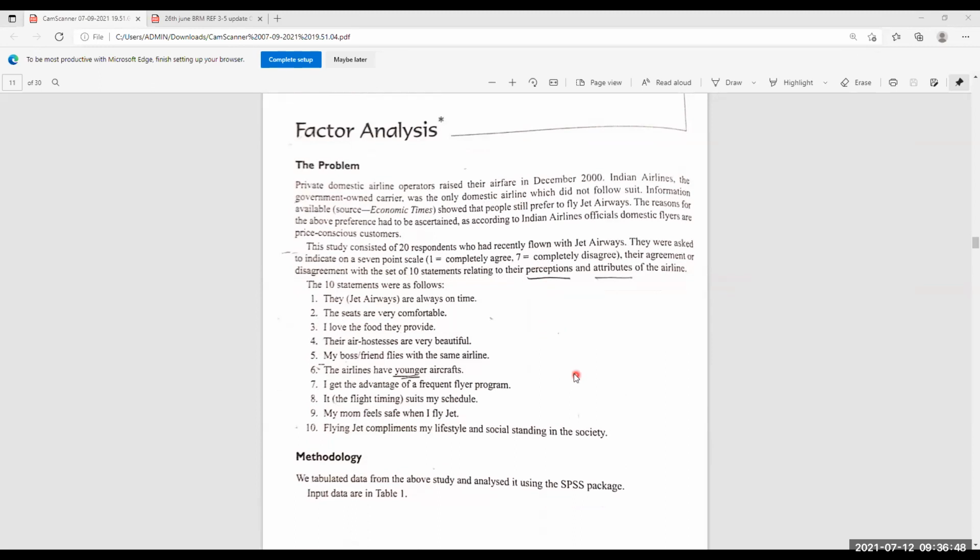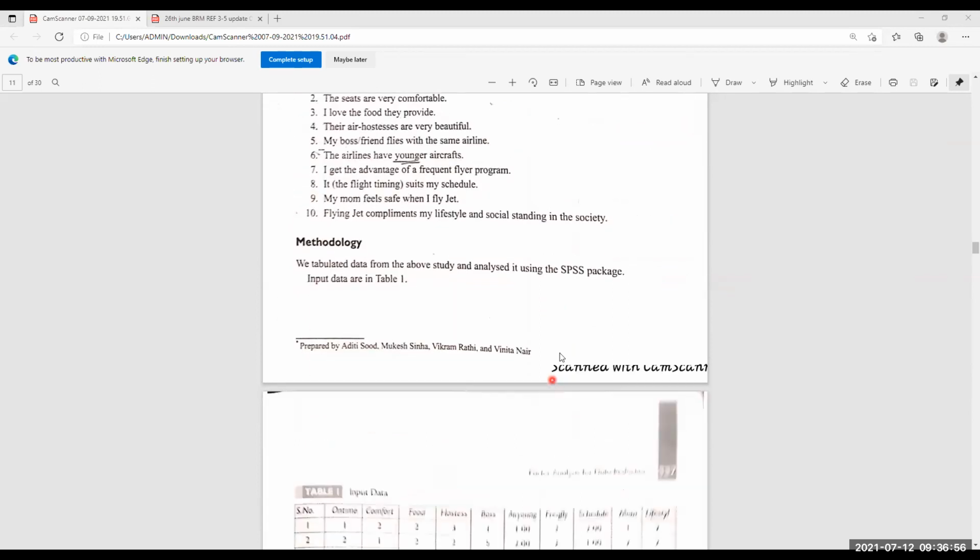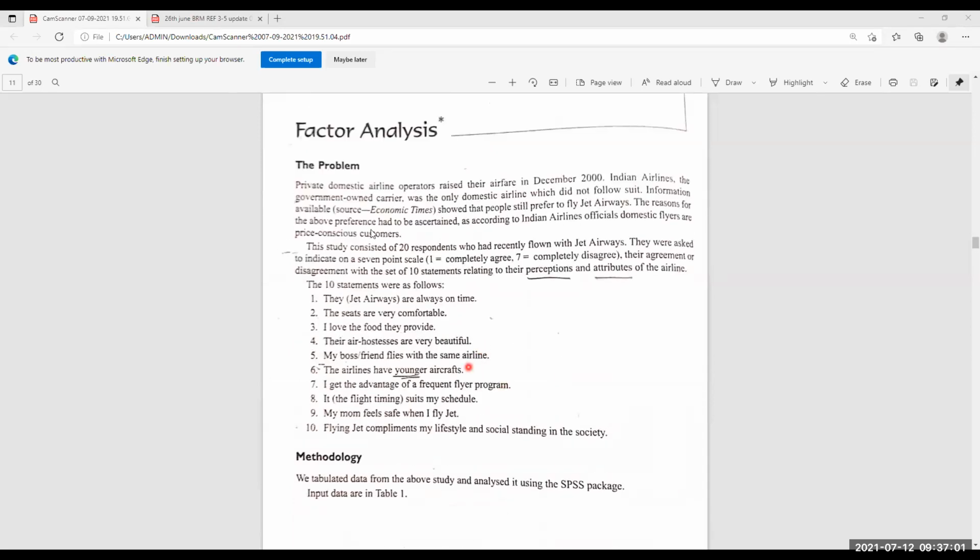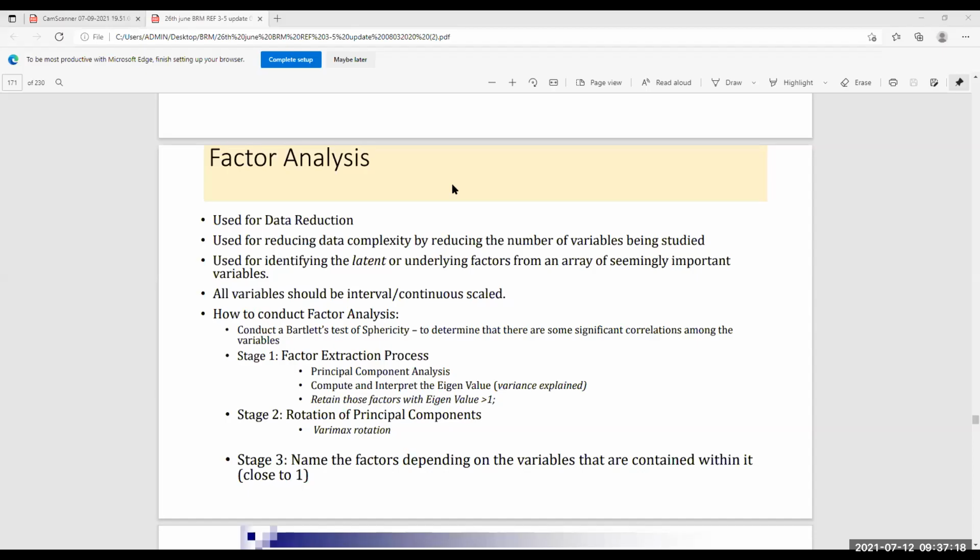So here you cannot use a nominal scale. All right, you cannot use an ordinal scale. This is something that you need to remember. So when you do that, this is the example of the case that we're going to use. Now let's quickly go back to understand the theory first. So let's go back to the theoretical part of it, and then we will come back and see how it is getting analyzed. Okay, so let's continue.